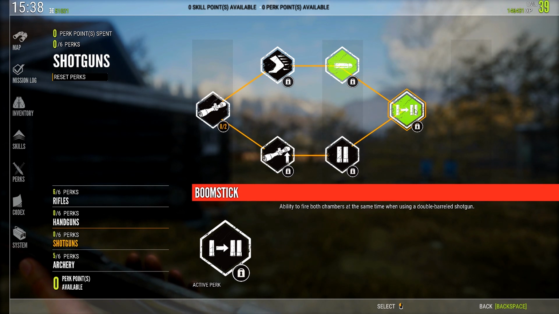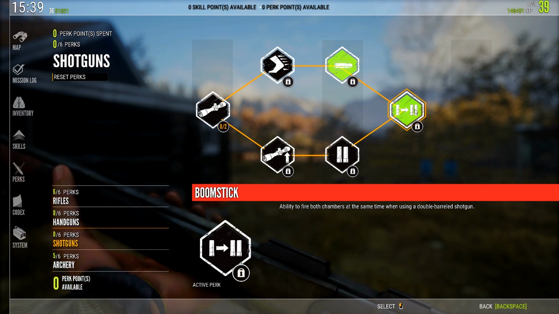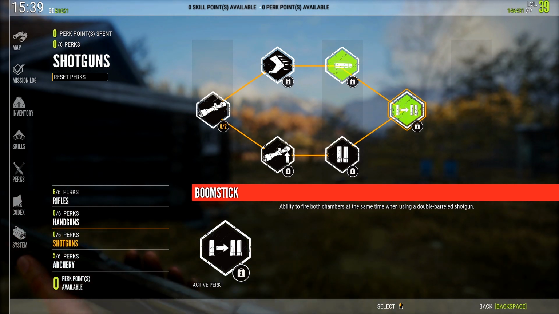Boomstick gives you the ability to fire both chambers at the same time when using a double-barreled shotgun. I don't really know why you would need this. Again, it's an active perk. It's something you have to turn on, something you have to activate. And it only works with the over-under, which, as we have previously established,